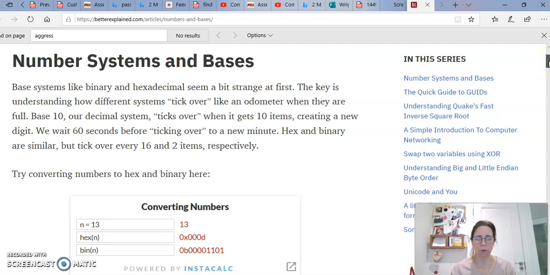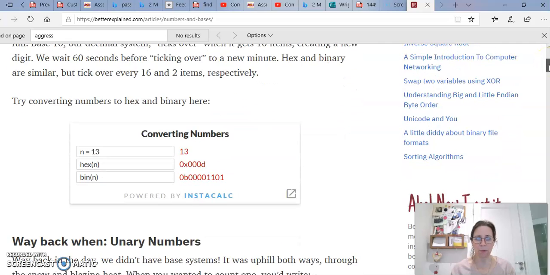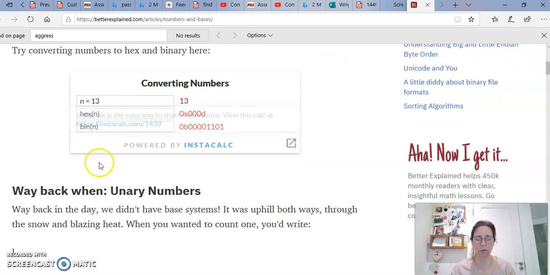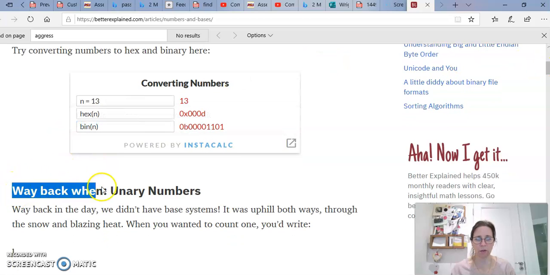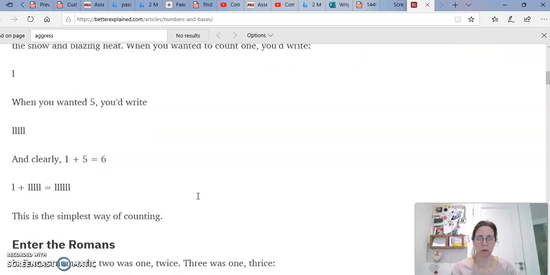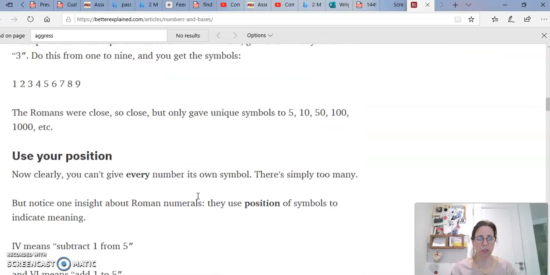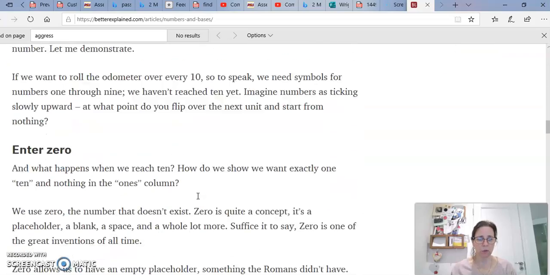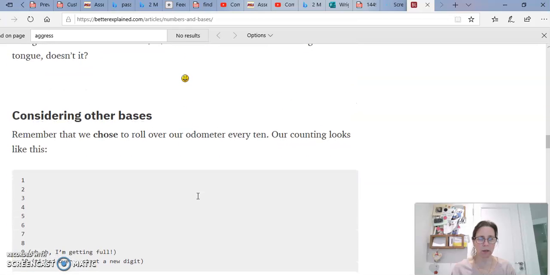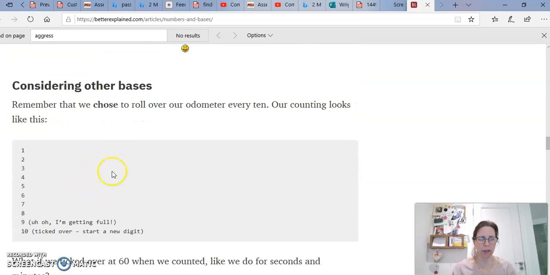And what I want you to do really is just skip the first bit there, okay? So really what I want you to do is start here at "way back when", okay? And read through this page until you get to, where are we? Until you get to here anyway,